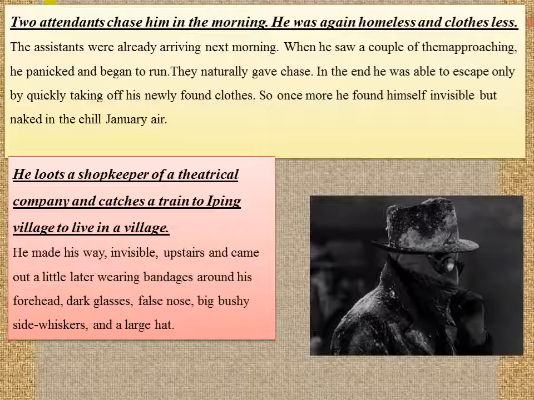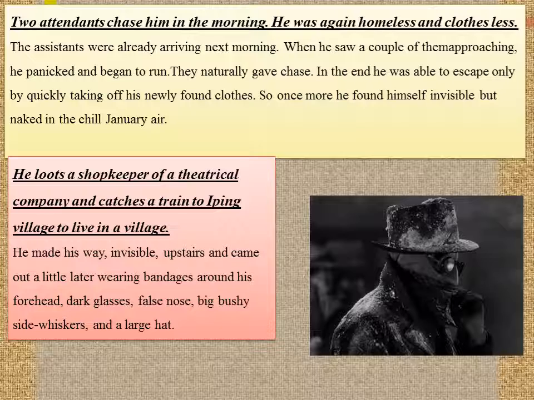The landlord of the inn where Griffin stayed, Mr. Hall, made a lot of efforts to be friendly with Griffin, but he did not want to talk. Mr. Hall wanted to find out what it was all about Griffin. He clearly told her that his reason for coming to Iping was for peace and quietness, and he did not wish to be disturbed in his work. So Mrs. Hall was not told anything, but was given false things by Griffin.